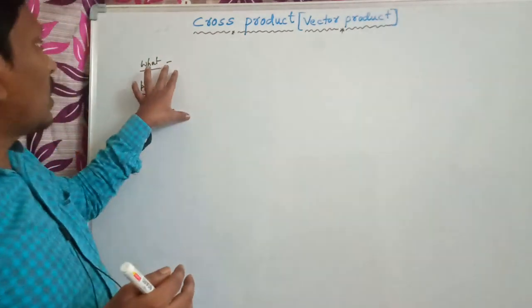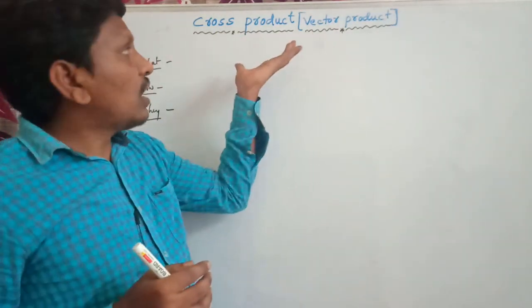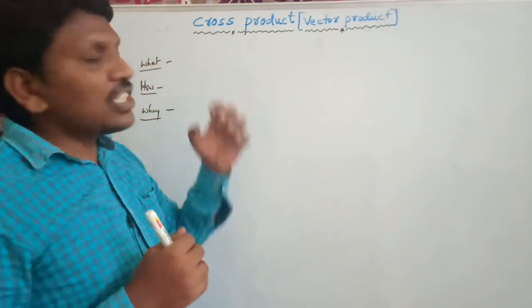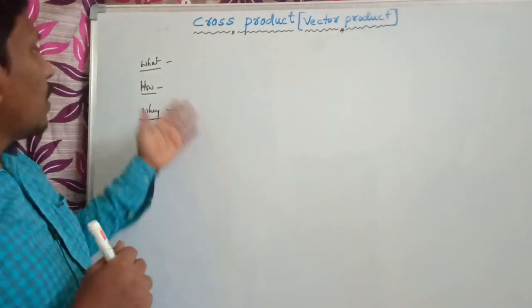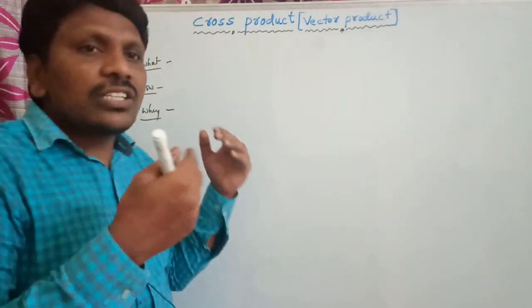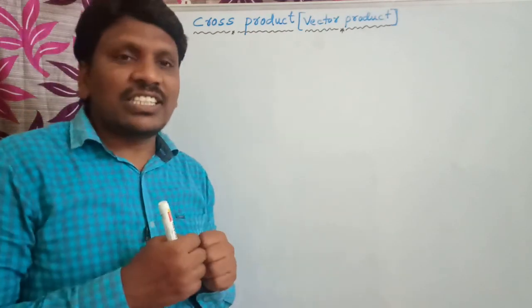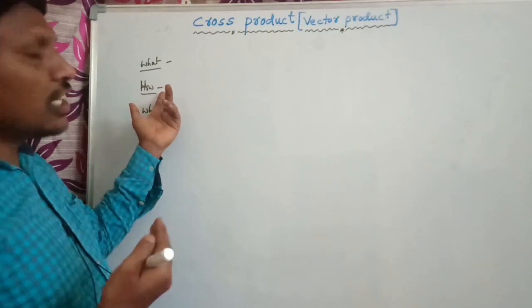So we go through what the concept is, or what the cross product is. What does the cross product tell us? What is the definition of the cross product? So that we can simply understand. And how can we get this cross product? How can we understand the vector product? That we can understand by questioning how.